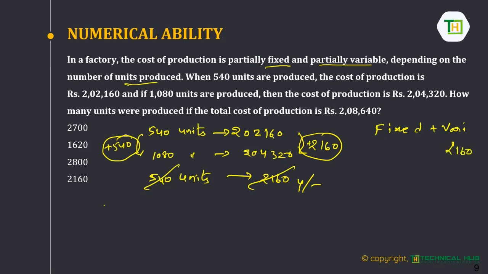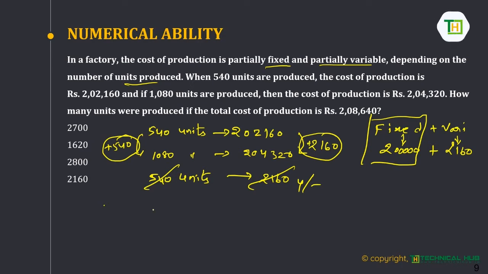So the remaining amount in this 2160, what is that? 2 lakhs. 2 lakhs is the fixed amount, whereas the variable amount initially for 540 units is 2160, right? So the fixed cost is 2 lakhs. Now, 2 lakhs plus... the question is how many units are produced if the total cost of production is